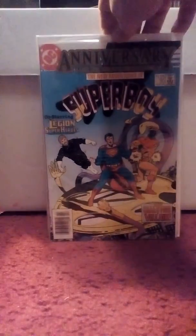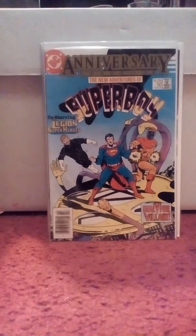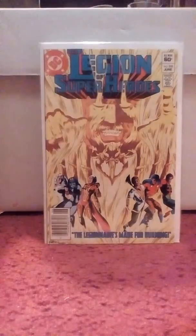Picked this up because it was an anniversary issue. It wasn't on my list, which this year most of what I picked up was on my list. In years past, that hasn't been the case, but this year I kind of made it a point to try to pick up books that were on my list, but this was one of the few that wasn't. Picked up Legion number 300. I wanted this issue because it was an anniversary issue, but I've had people tell me it's a really good story. Got number 288,